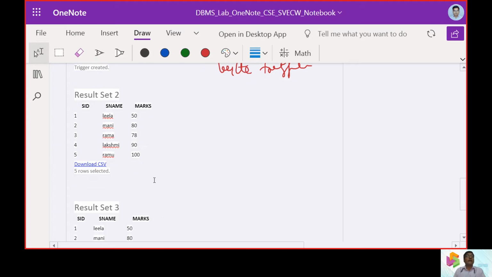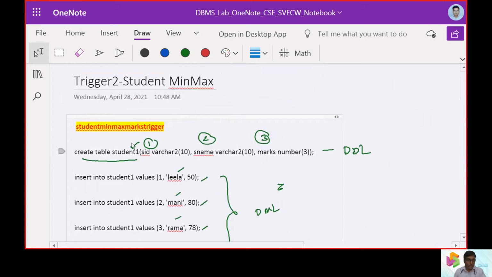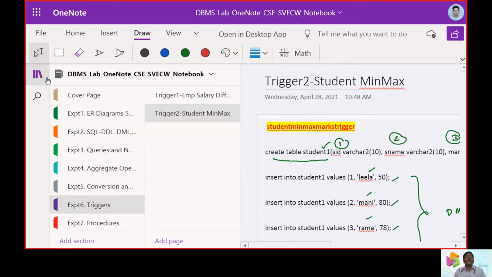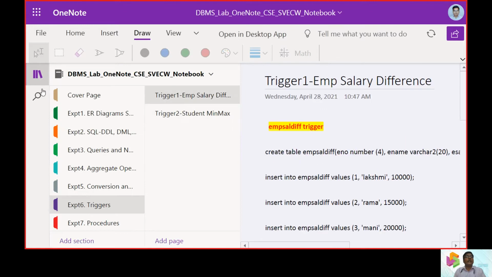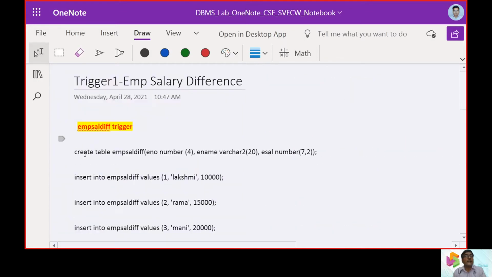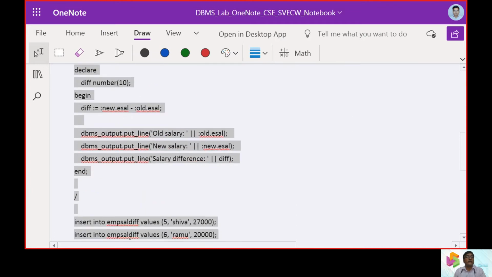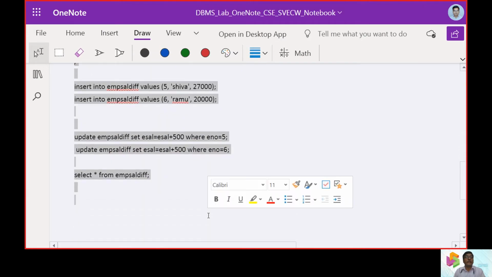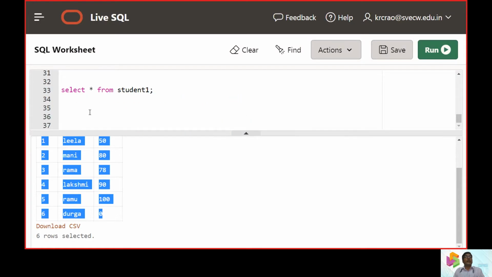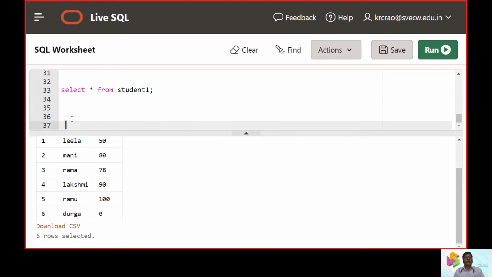So once we have talked about this student database, now let us see how triggering happens in another set, that is towards the employee database. Let us see how it is going to be affected in an employee database. So for the interest of time, we will now push all the conditions at a time.